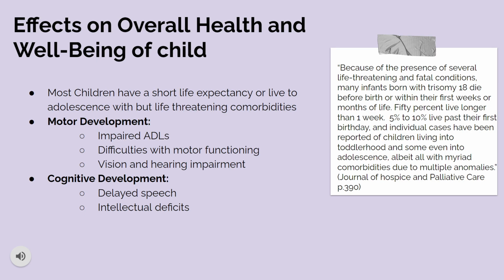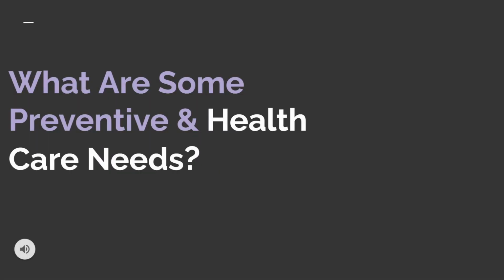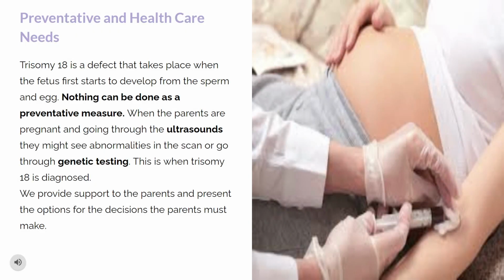Looking into early childhood, between 2 and 6 years, you're going to be able to see that they have developmental delays like cognitive impairments, educational challenges, difficulty accessing appropriate educational resources, things like that. What are some preventive and healthcare needs? Preventative and healthcare needs. Trisomy 18 is a defect, and it does take place when the fetus is first developing